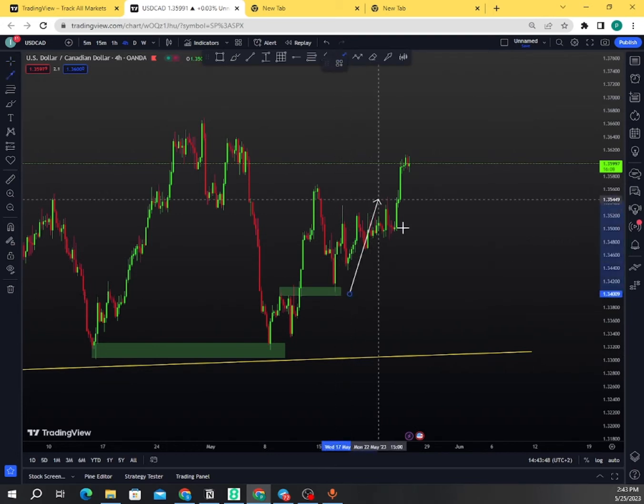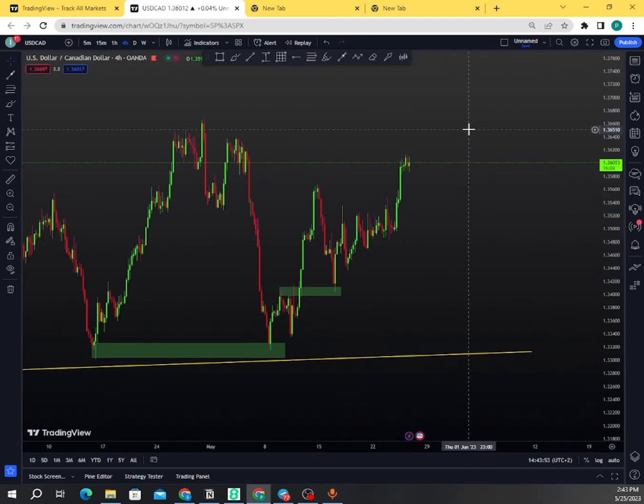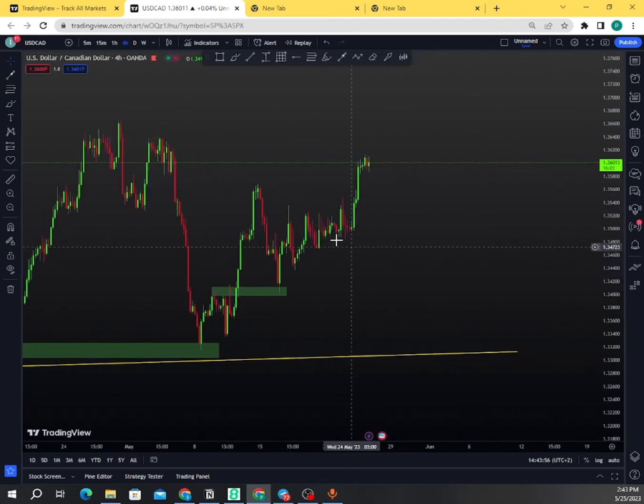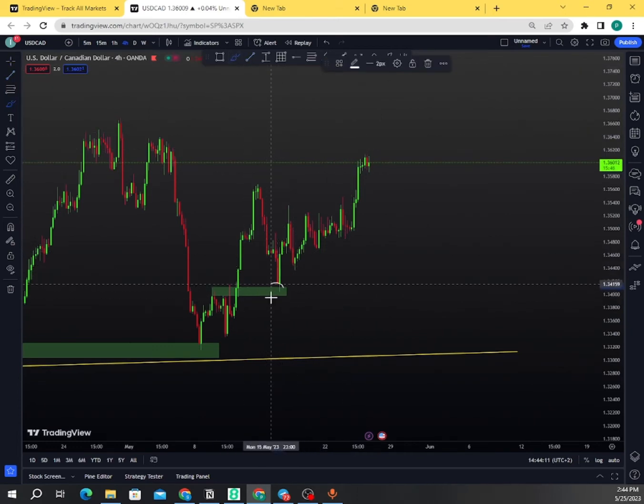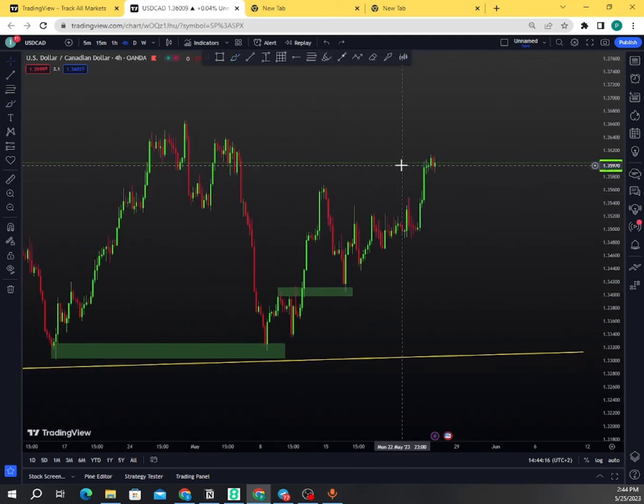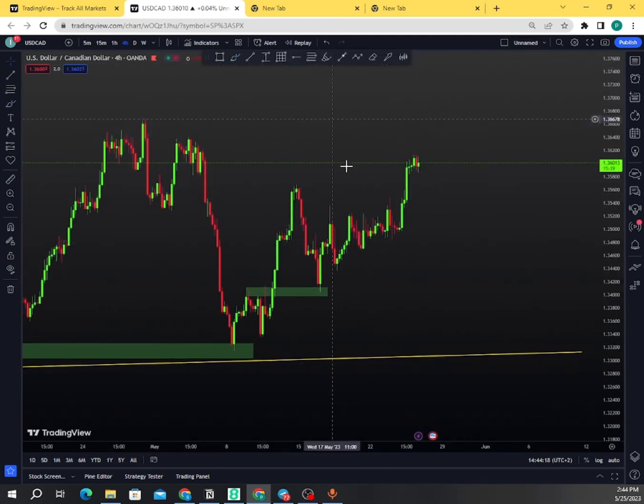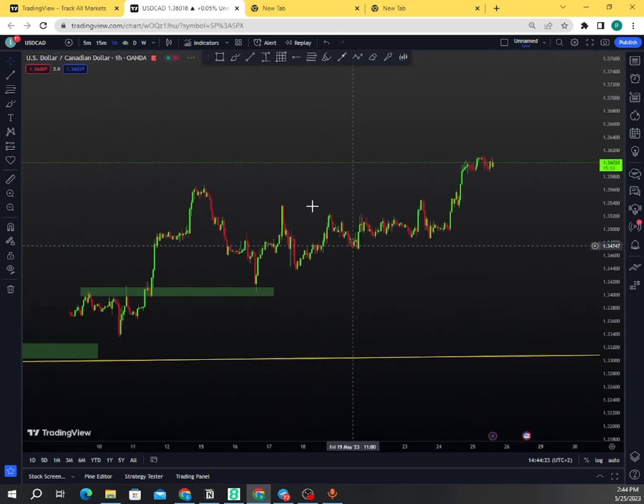However, I still looked for another confluence, and I was patient to wait for some setups for me to identify, guys, where the price is likely to give me a confirmation to enter the trade. After price respected this support here, what I did, guys, was to go to the 1 hour time frame. And on the 1 hour time frame,